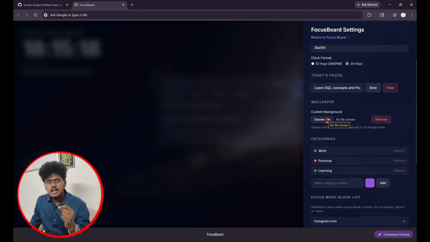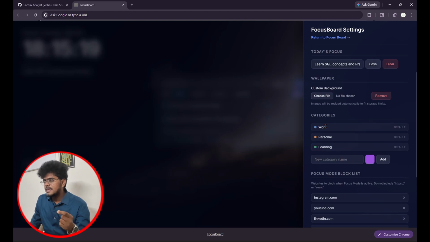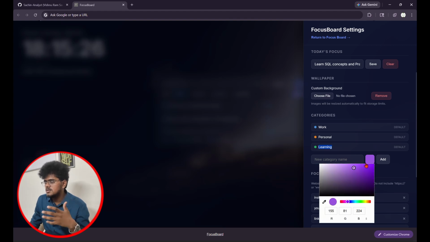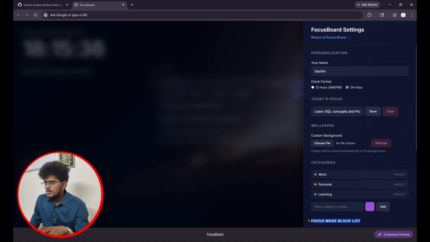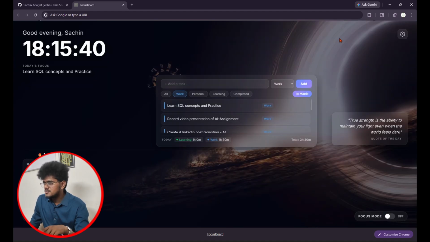And you can add a different wallpaper, and categories like work, personal, learning. You can add a new category, and you can also add new colors. You can add colors in the format of RGB or HSL or in the hex code. It could be anything. And to look at the focus mode, I'll return back to the focus mode